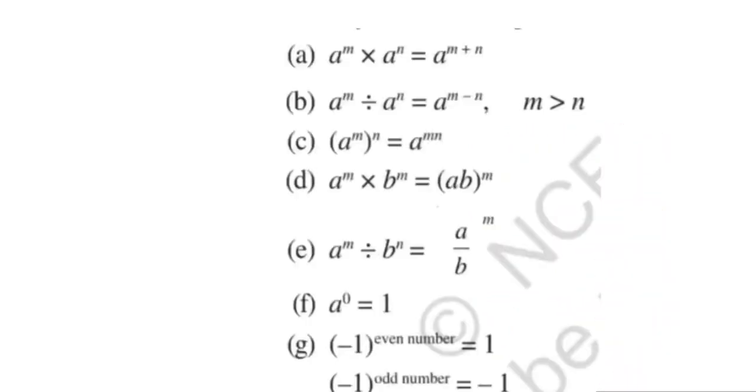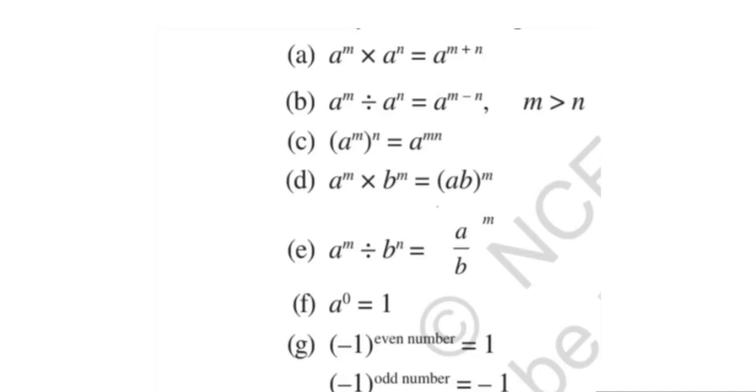In exponential form, we can use some of the identities. You can see these identities here. Like first one, a raised to power m into a raised to n. This is equal to a raised to m plus n. A raised to m divided by a raised to n. This is equal to a raised to m minus n. Means when the bases are same and the powers are different, and in between if the multiply sign is there, so we will add the powers, and if in between divide sign is there, so we will subtract the powers.